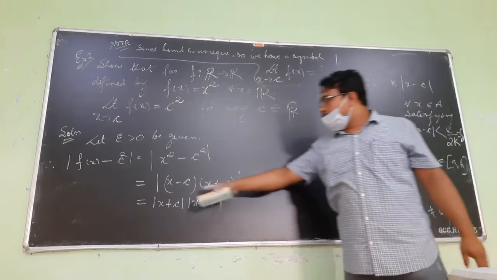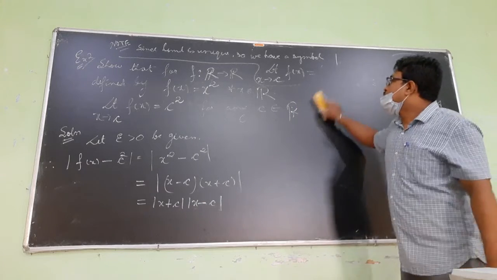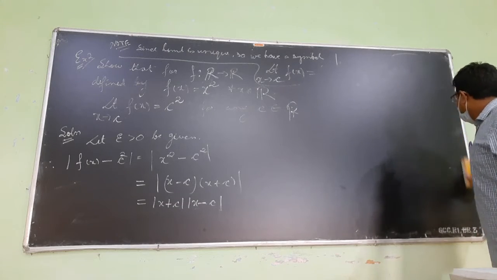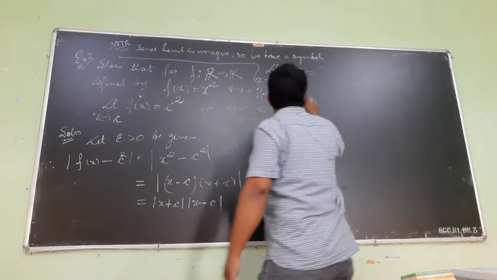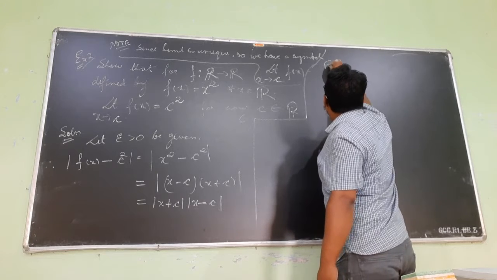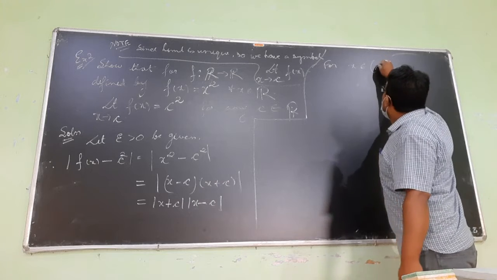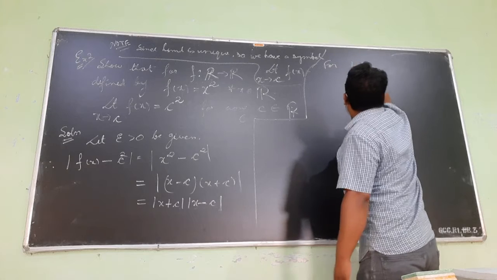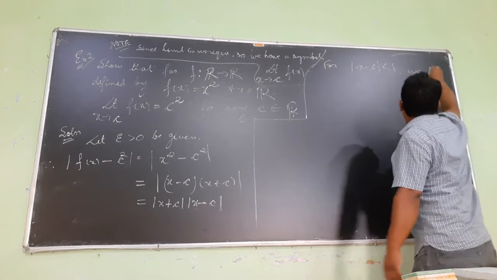Our idea is to make it less than epsilon by taking x very close to c. We don't have to think about the entire R, and let us come close to c. So what we can do is, for x lying between c minus 1 and c plus 1, or say for mod of x minus c less than 1, we have